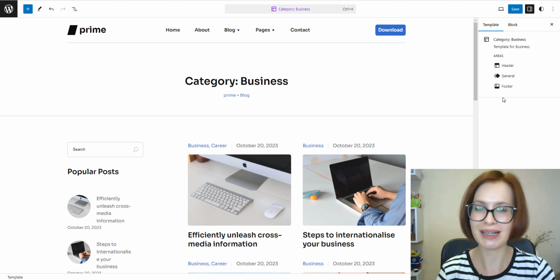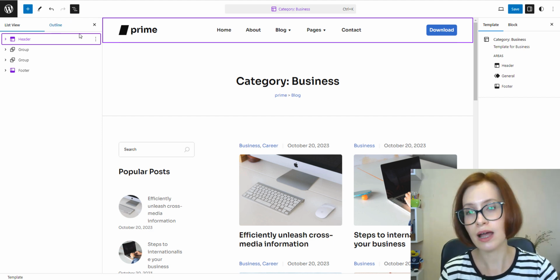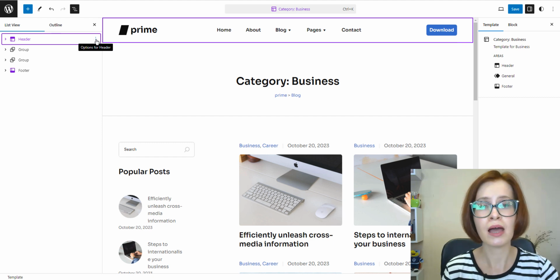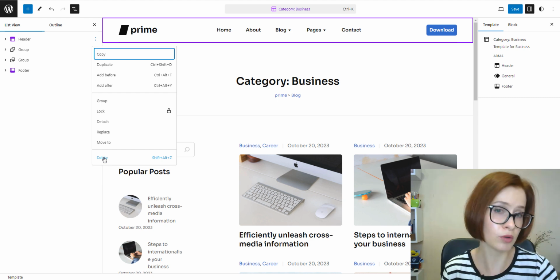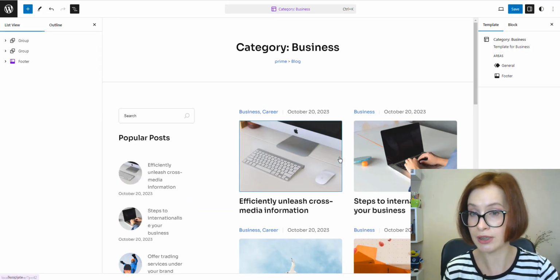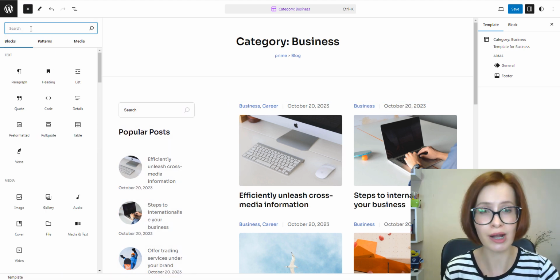And one more tool that helps us work with the structure and blocks is a list view. And let's say I want to delete a header. The current header has a mega menu, but for this template, I need a header with an ordinary menu. So after deleting the current header with the mega menu, I can start building a new one right here in